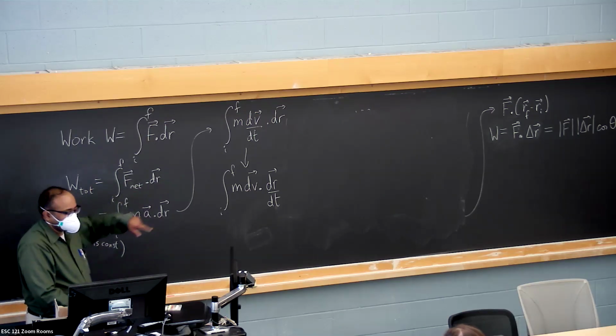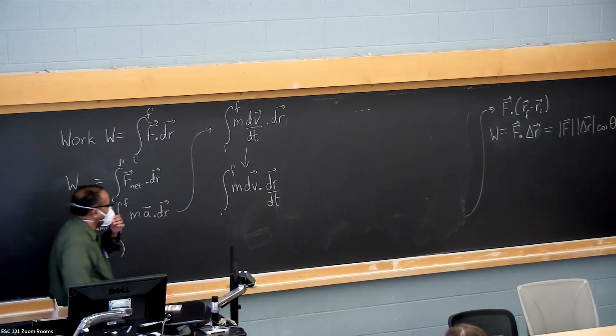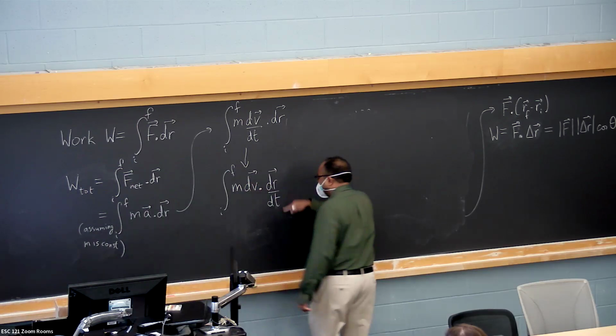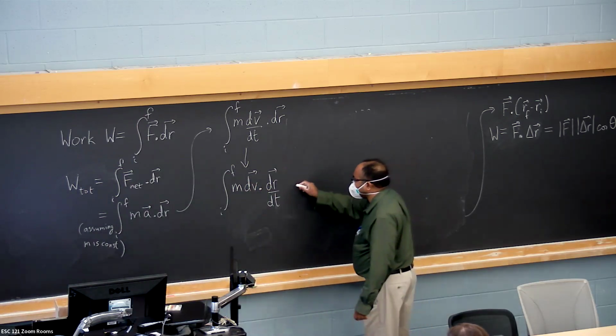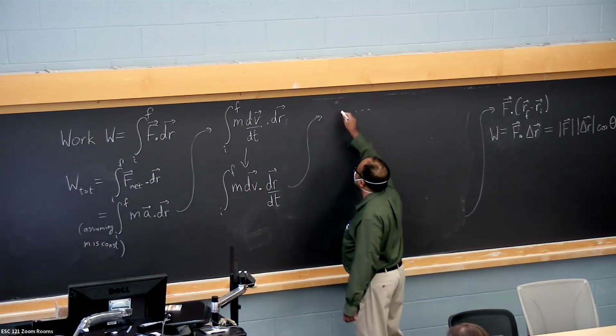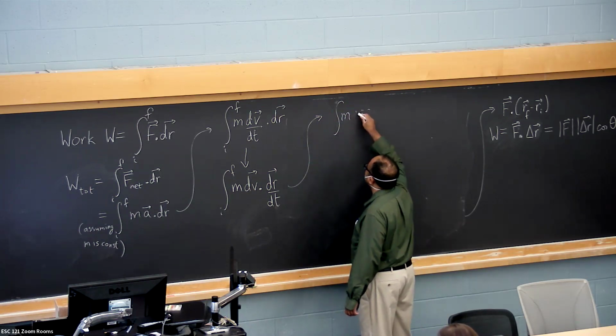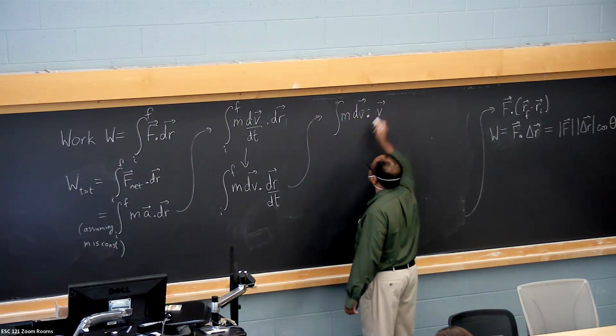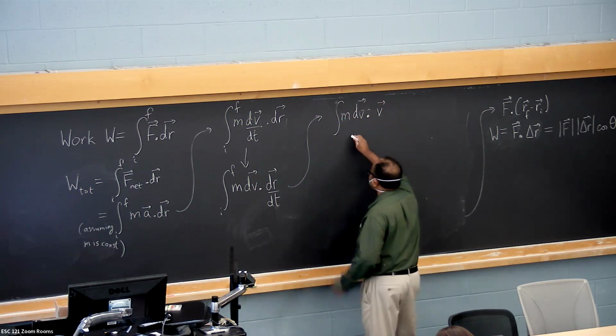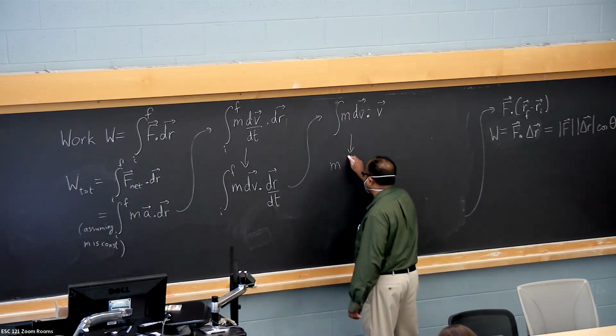So what is dr/dt? Well, just velocity. Change in position over change in time, so that's just velocity. And so that is equal to the integral of dv dot with v. Okay, and so we have m